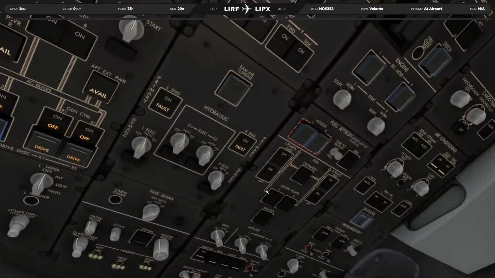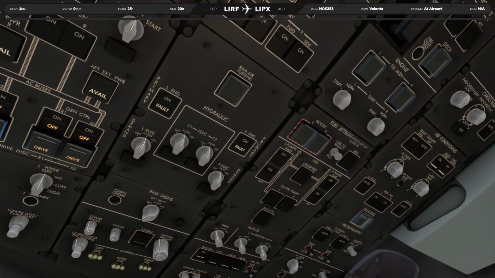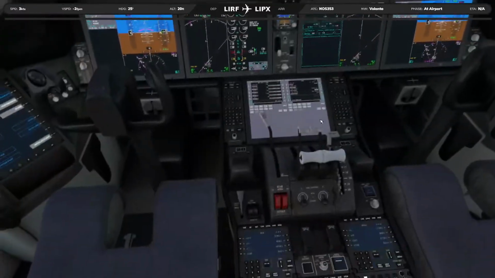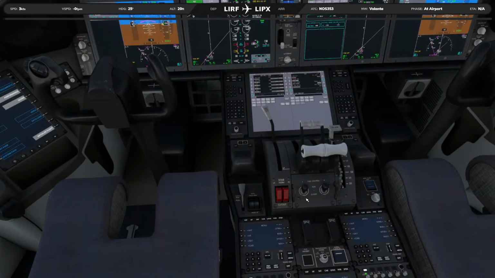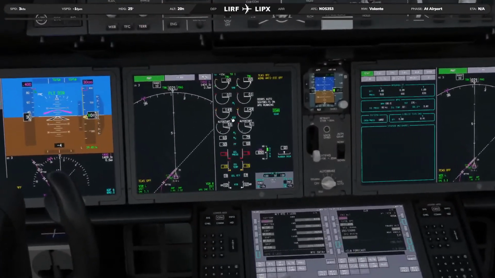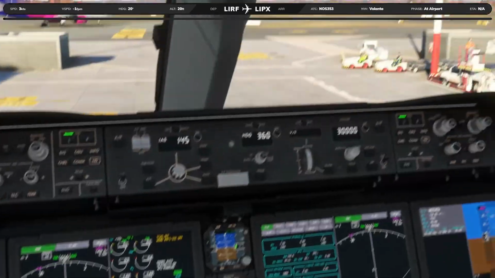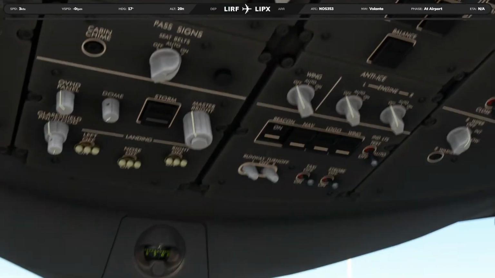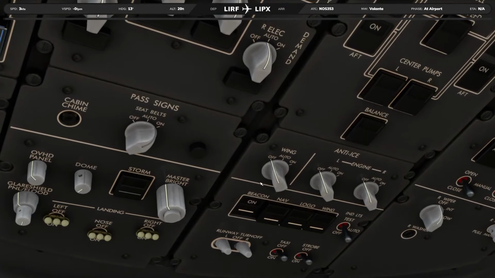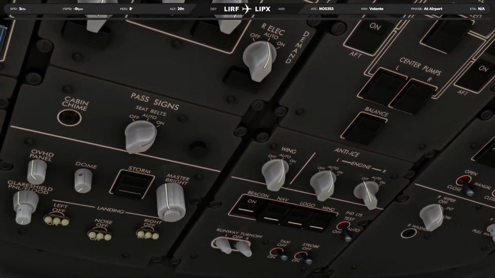Perfect. We're going to move here to the overhead panel, and let's make sure that we have all the, yep, that's good. And engine, right engine, left engine, and then we're going to move down here and start both engines. And you will notice that it says here auto start, and that is something very different from the Boeing 737 we're accustomed to. Let's go ahead and turn on the anti-icing system here to auto.